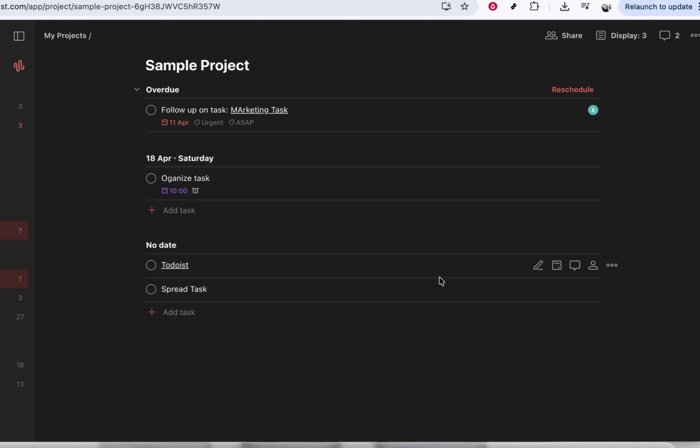By clicking on Display and then selecting Due Date, you turn Todoist into a clear, deadline-focused workspace that helps you